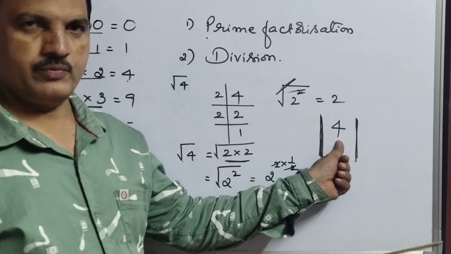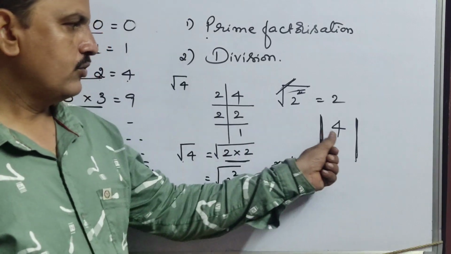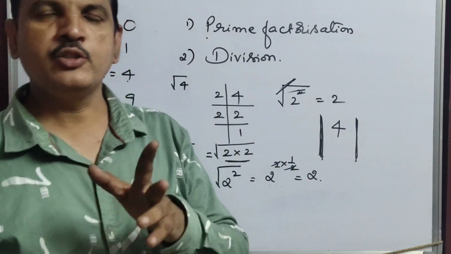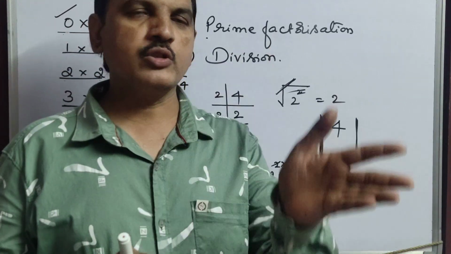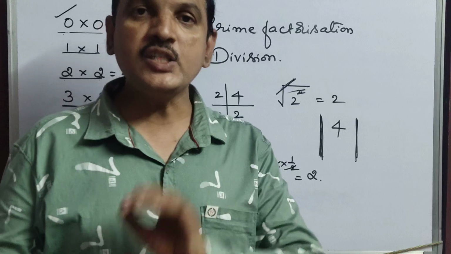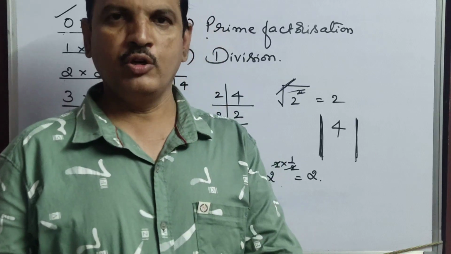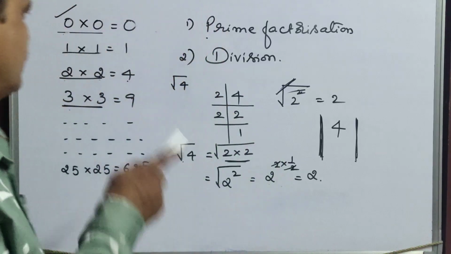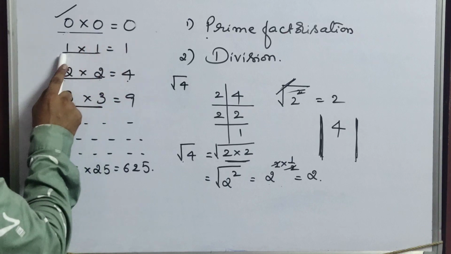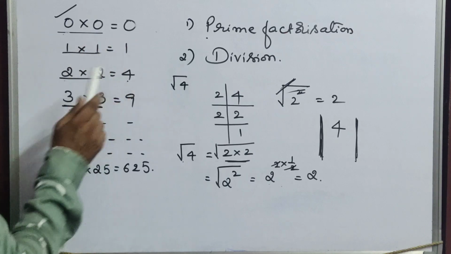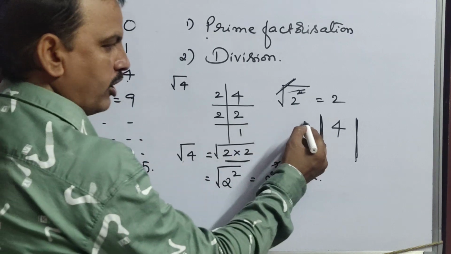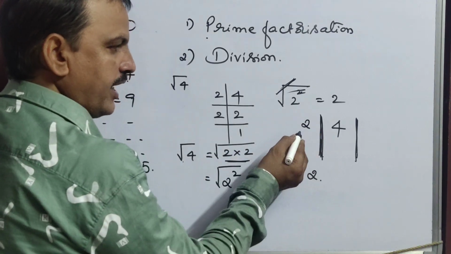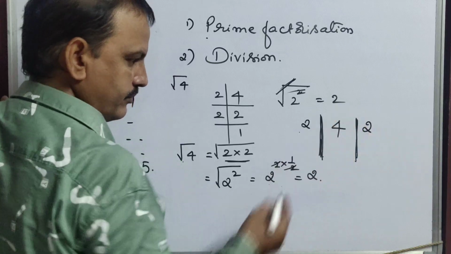Here I wrote 4. Okay? Now 4 will come in the 2 table, right? Don't go with the 2 1s are 2, 2 2s are 2, 3 like that tables. Only the square root tables we have to go. That means 0 zeros are 0, 1 1s are 1, 2 2s are 4. That means both should be equal. What you are writing here, the same thing you have to write here.